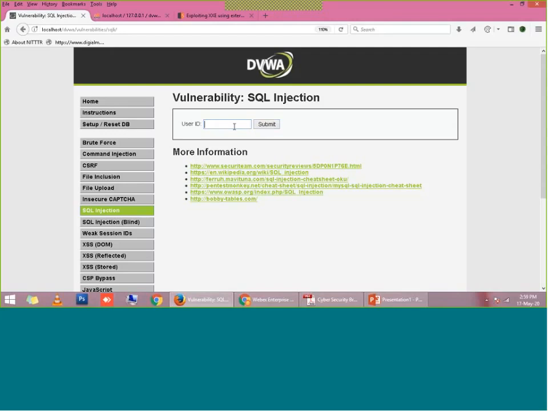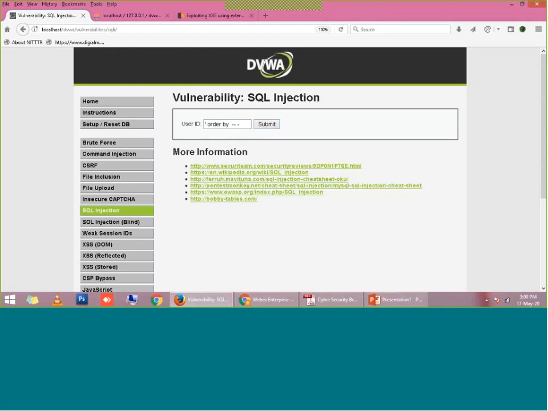So now the first injection payload that we would like to perform is order by. So I will write here order by. What is this order by meant for? You must all have an idea about SQL queries. In SQL, order by is used to order the content, whatever content this SQL query is fetching from the database, by one of the columns. So we will use this order by.